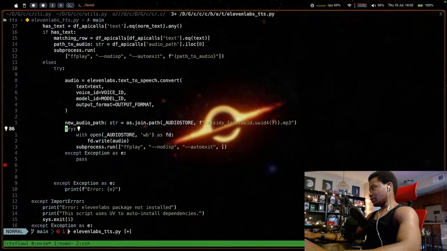Okay, so new audio path. Write bytes, write it to a file. We want to do subprocess.run, and oh wait, I do change to new audio file. I don't think it matters if it's not created yet.